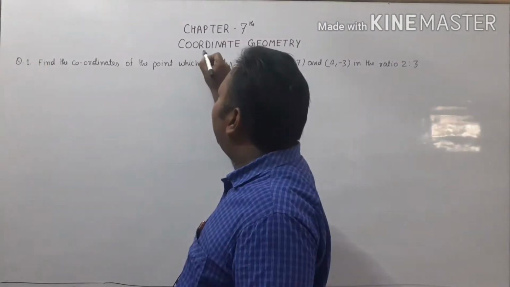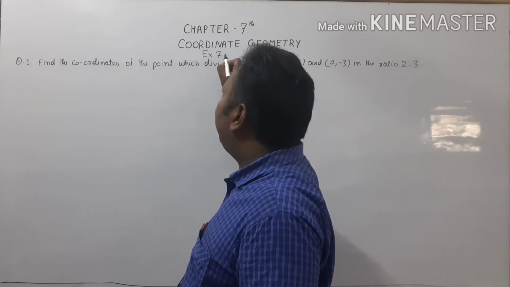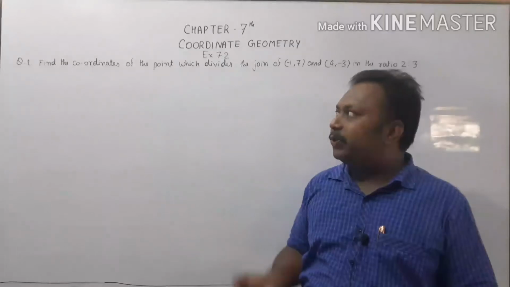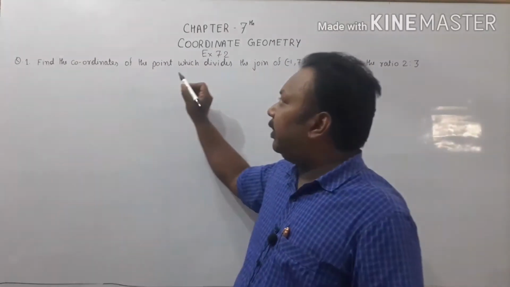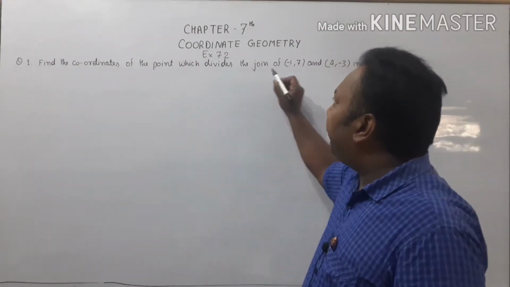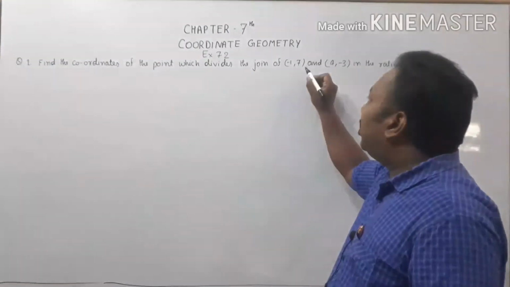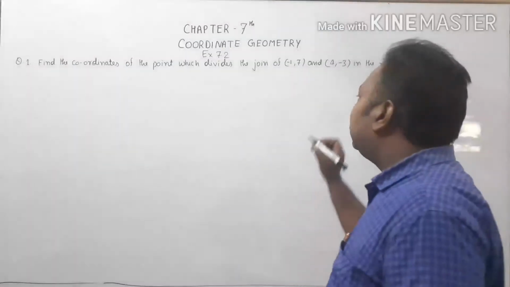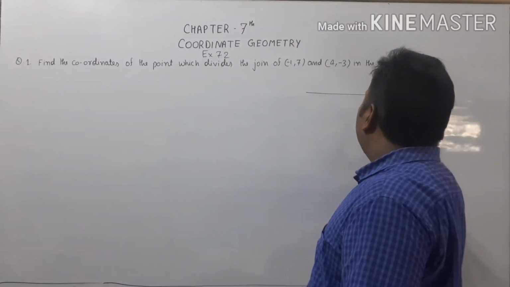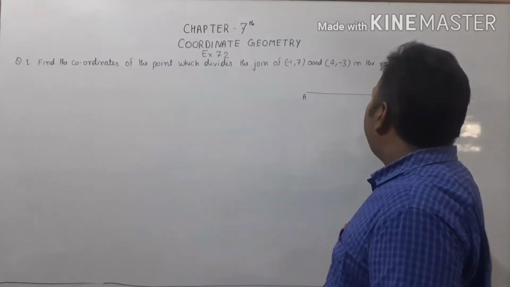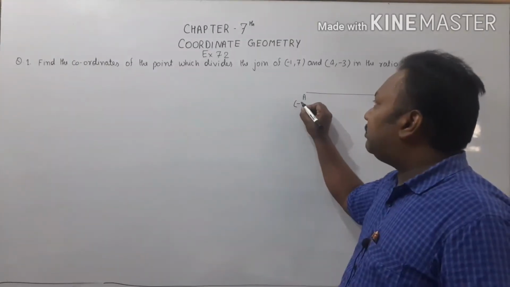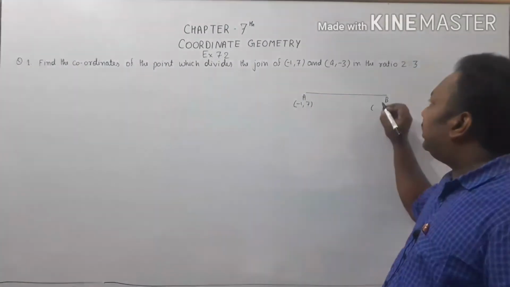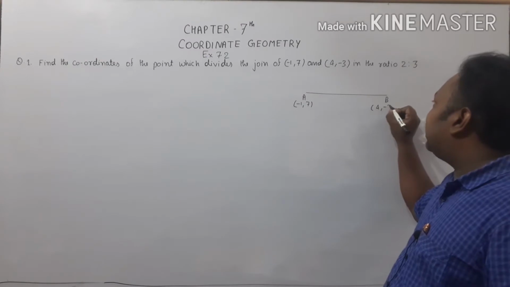Today we start a new exercise, exercise 7.2, that is based on the section formula. So the first question of this exercise: find the coordinates of the point which divides the line joining the points -1, 7 and 4, -3 in the ratio 2:3. So you draw a line, that is A and B. The coordinate of A is -1, 7 and write down the coordinate of B, that is 4, -3,